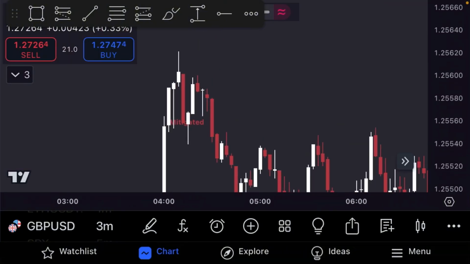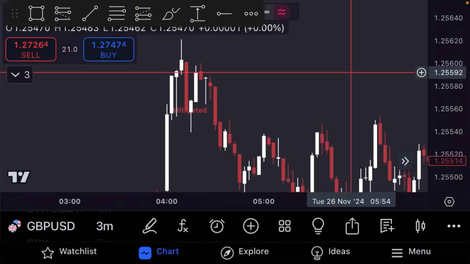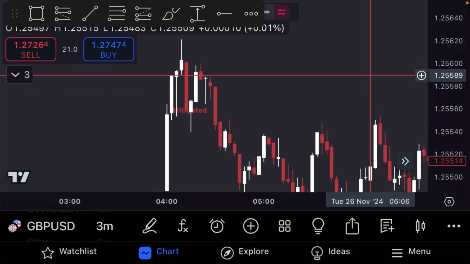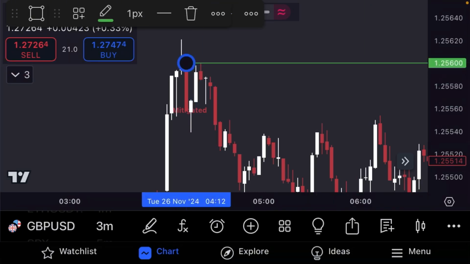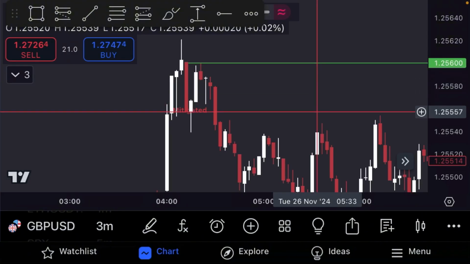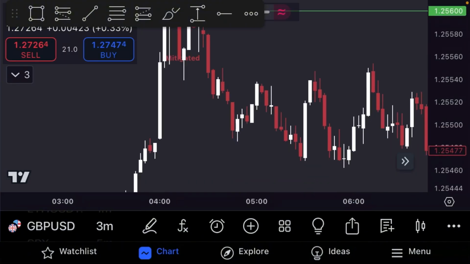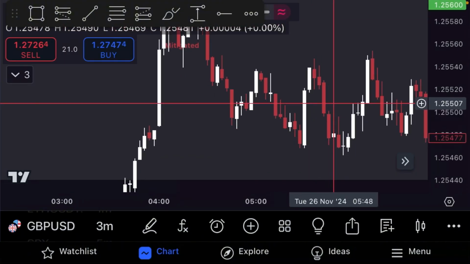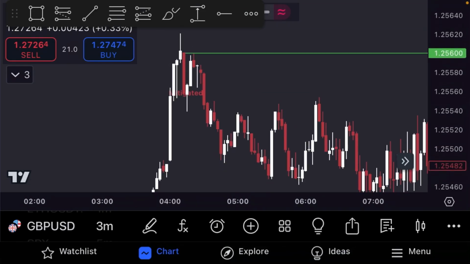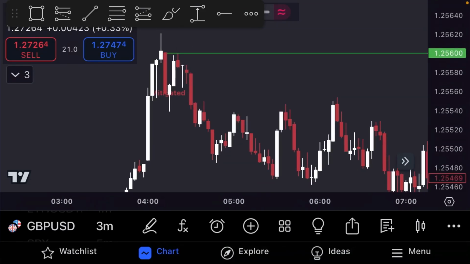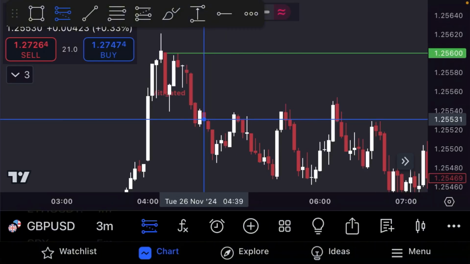Now, according to my strategy, we'll be looking for a flip pattern. Now we had 1, 2, 3 fake out, so we start from this area. We had 2 fake out, then we start from this area. To me, 1, 2, 3. Okay, that is okay. We start the reversal, 1, 2, 3. So we had nice reversal. We can look for a fair value gap there if we like. We can say, okay, this area to this area,